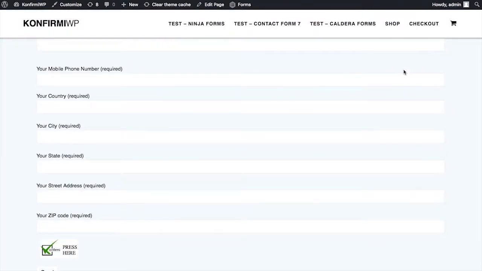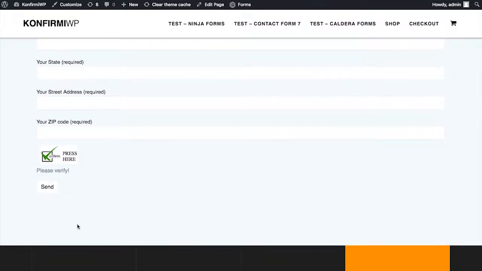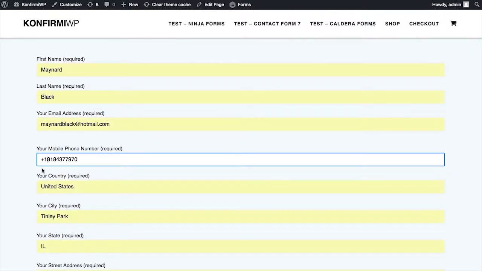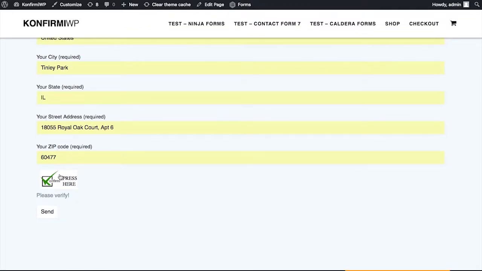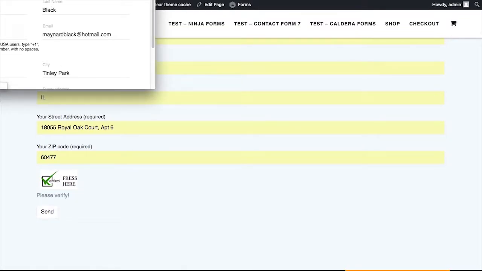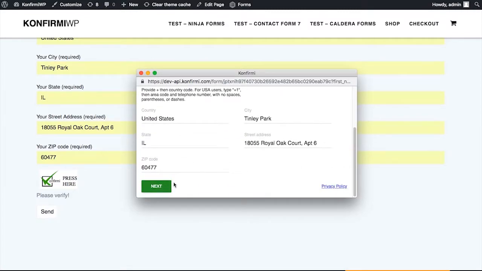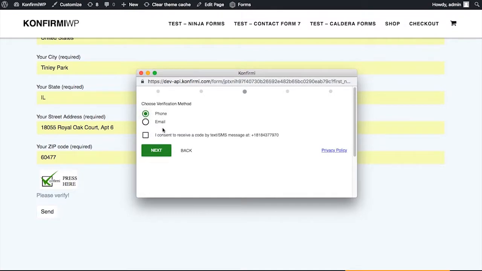Now, if we were to try to submit this form now without going through the Konfirmi process, you'll see that it says please verify. So I'm going to go ahead and fill these fields out. Put a +1 for US phone number in the phone number section. And now we'll go ahead and hit the Konfirmi button, press here. And the window pops open and it pulls the information in from the form so that the user doesn't have to fill it out a second time. Then you hit the next button and consent to using third-party data providers to confirm my identity, and then choose between phone or email to get your